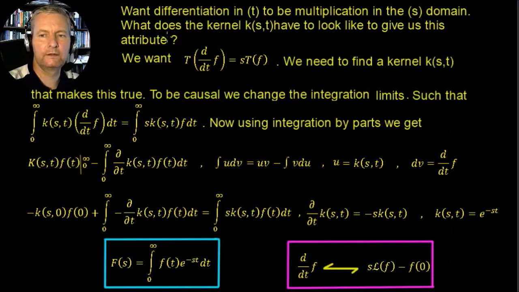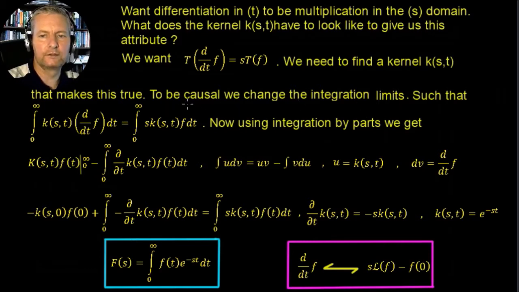Well, we can write this down more generally. We can say we're going to do some sort of transform of a derivative of the function, and that should be equivalent to the transform of the original underived function times a factor of s. So what kernel do we need in order to make this true? First of all, we note that we want the whole thing to be causal, so we'll change the integration limits